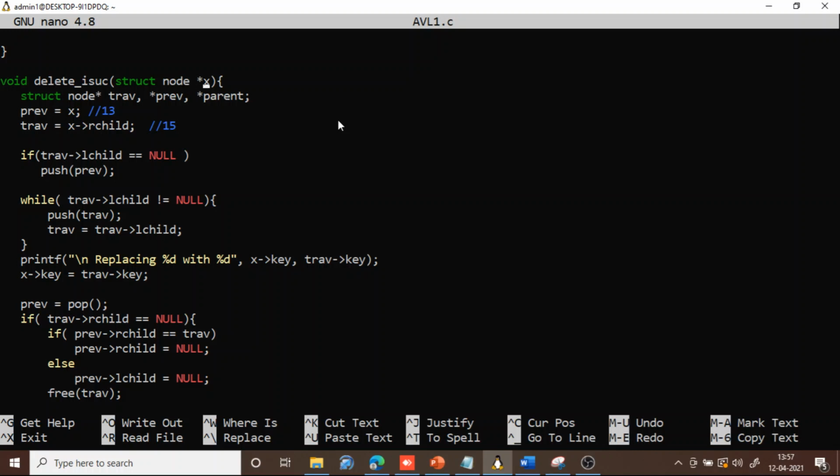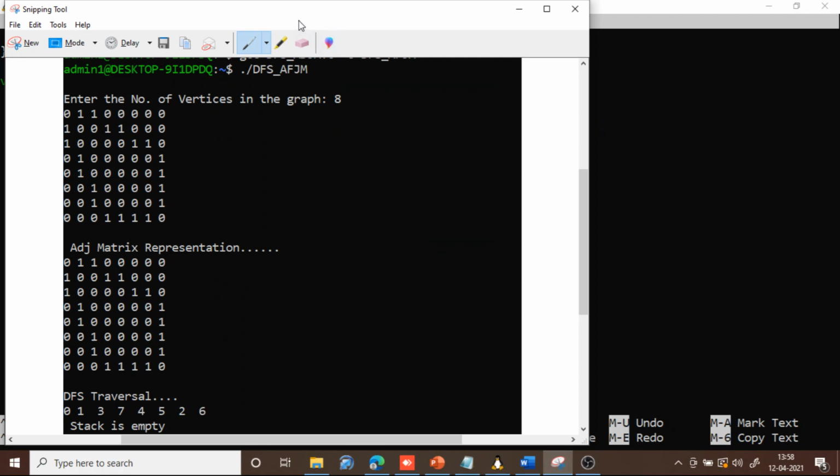So x is the node that you want to delete. We are declaring some pointers: traverse, previous, parent, all those things. Now we are saying that previous equal to x and traverse equal to x arrow right child. Why we are doing this, I'll try to explain.